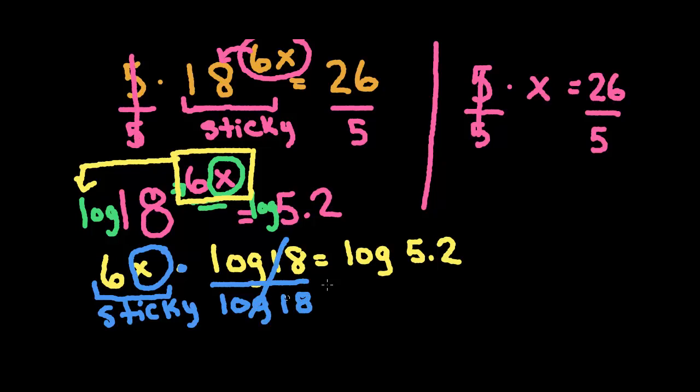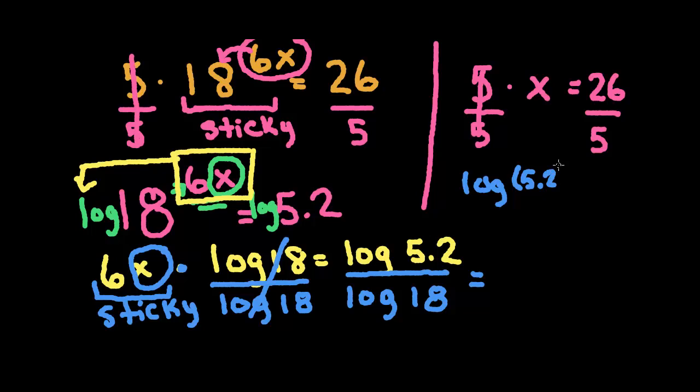So I'm going to divide by log 18 on this side, but whatever I do to one, I also have to do to the other. So I'm going to divide by log 18 on that side. So now I have 6x equals log 5.2 over log 18. And if I do that on my calculator, again, simply type in log 5.2 divided by log 18, which I can't write very well there, but that says log 18. If I punch that into my calculator, I get